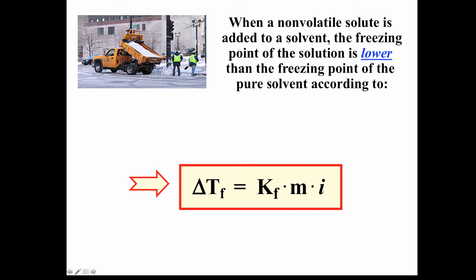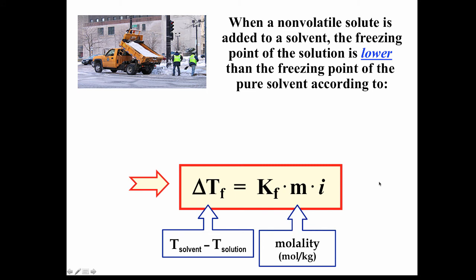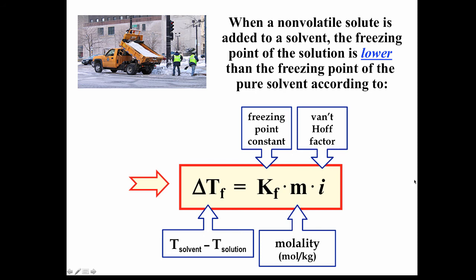And the relationship is shown in this equation, in which the delta T represents the temperature difference between the freezing point of the pure solvent and the freezing point of the solution. And there's an F here to indicate it's a freezing point temperature difference. It's directly proportional to the molality of the solution, and this is moles of solute per kilogram of solvent. The proportionality factor is called K sub F for freezing point constant, and there is also another factor called the